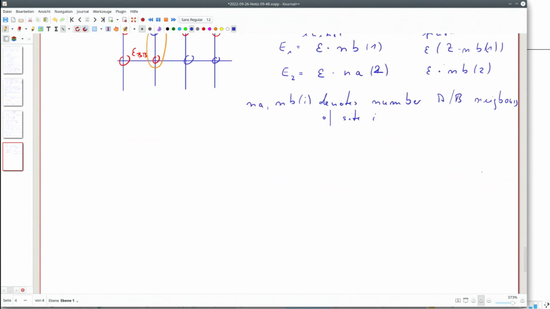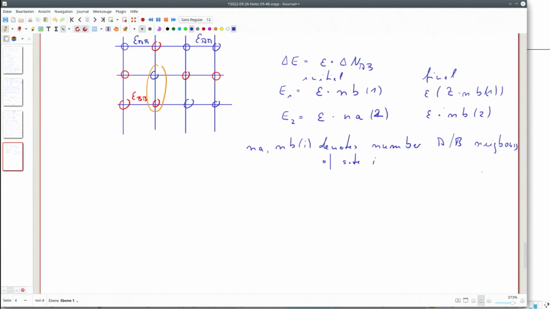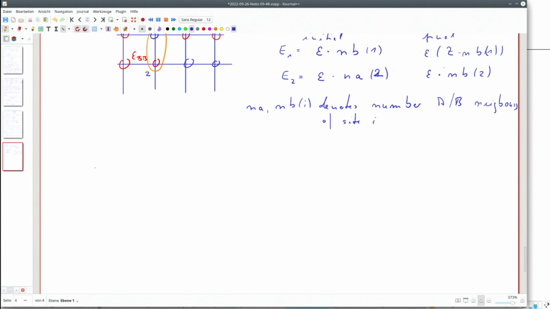And then, so this is atom 1 here. This is atom 2, which I plan to interchange. So the energy difference, with a few intermediate steps,